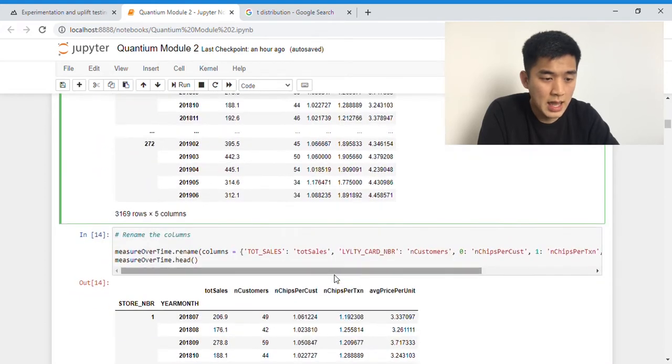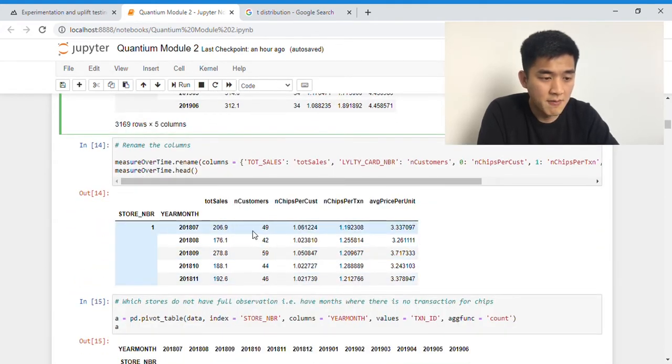And then I went on ahead and renamed the data frame. So if we do row by row, each row corresponds to a store number and its performance in that single month. So say, for example, the first row is store number 1, and in the month of July in 2018, it has this number of total sales, this number of total customers,